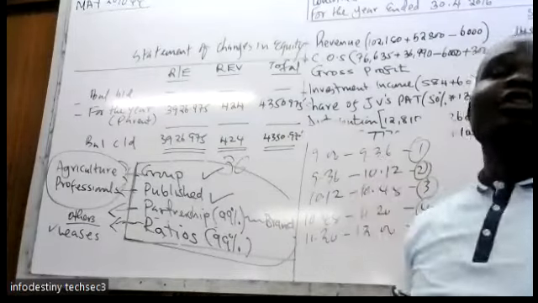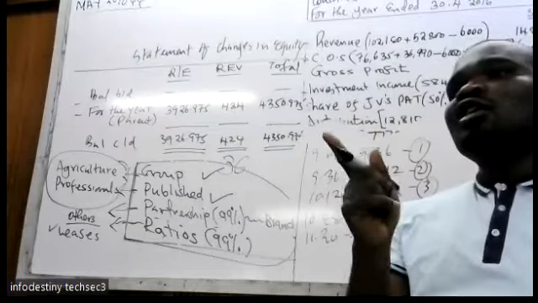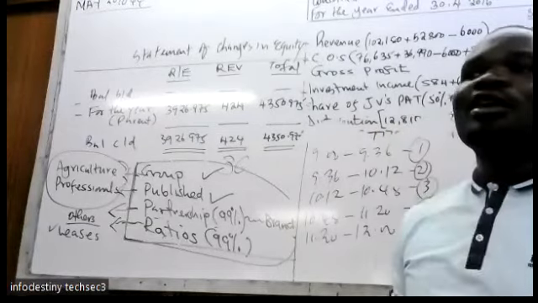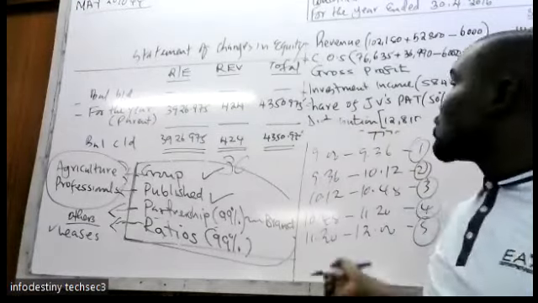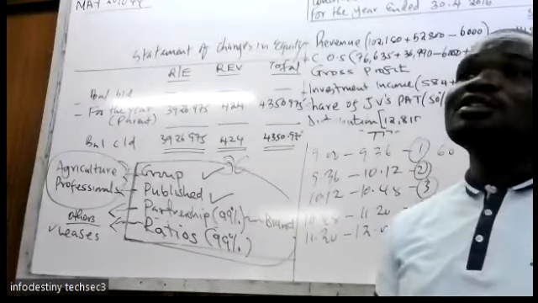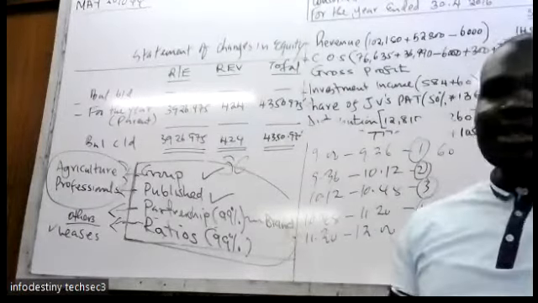Umeelewa? So at the end of the day, unafanya maswali zote. But at mwalimu, I did 3 properly. 3 properly na 3. So it means your paper is going to be marked over what? 60. You are hanging in the balance.